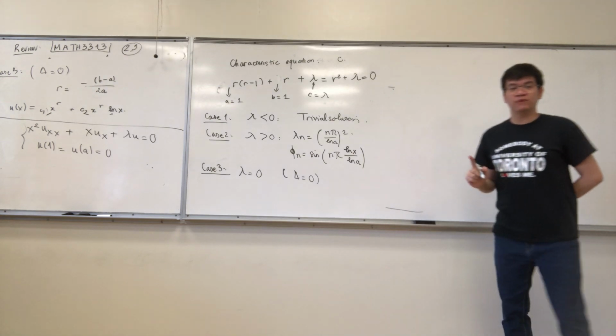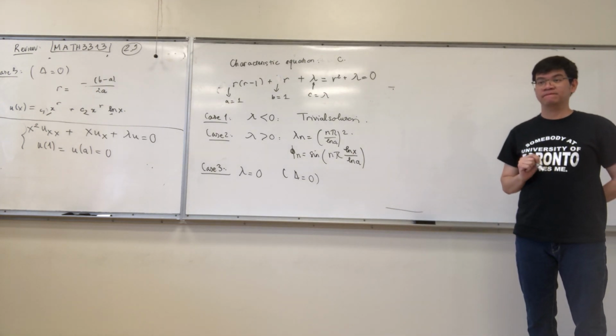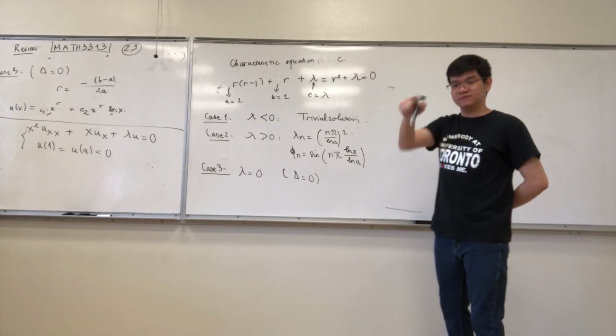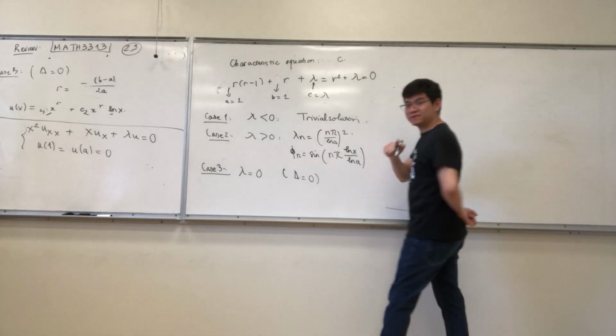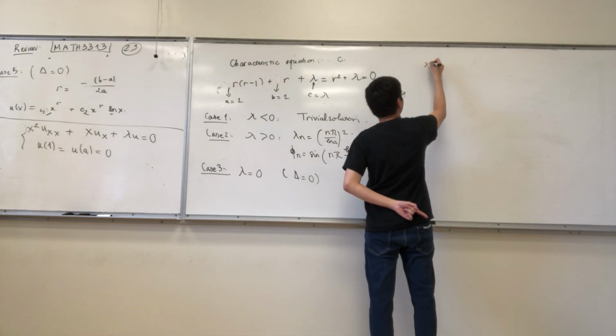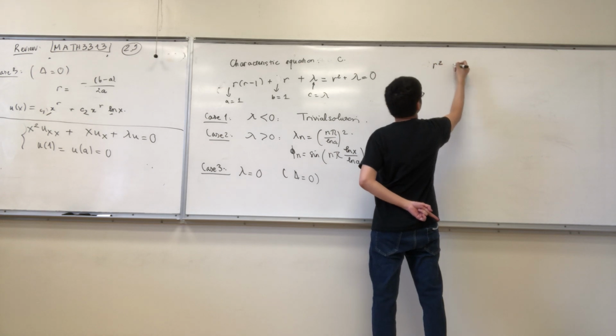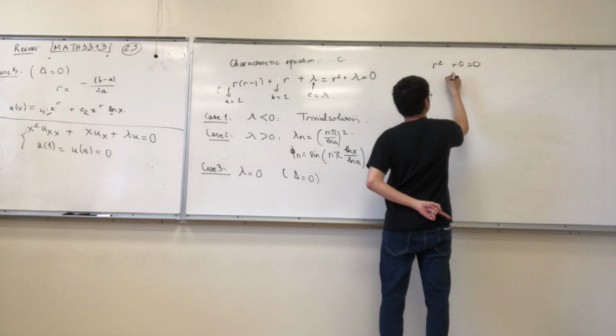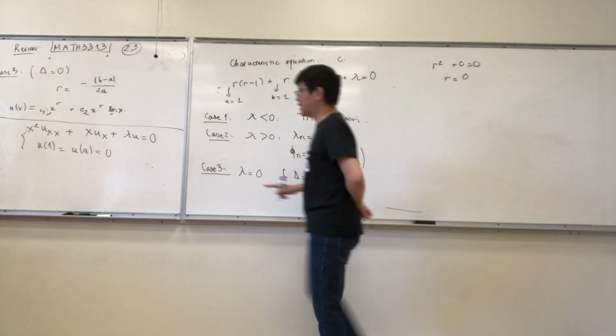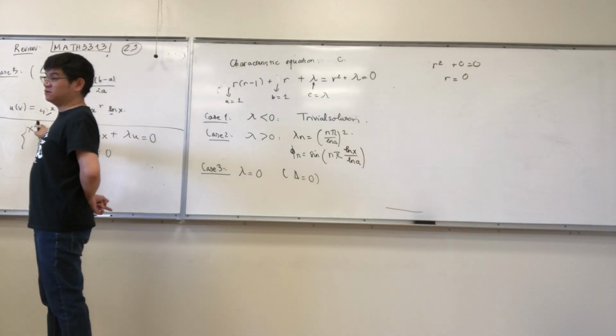So the only solution is what? 0, right? So you have r squared plus 0 is 0. So r is 0, which means that I can replace this formula by